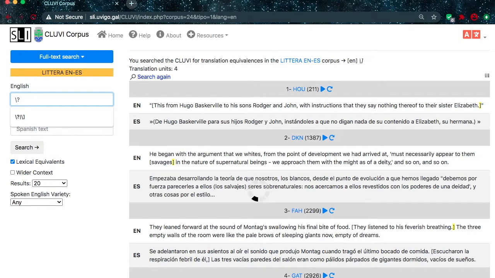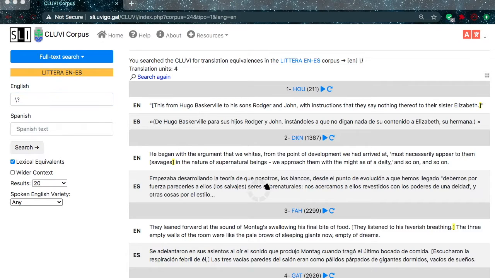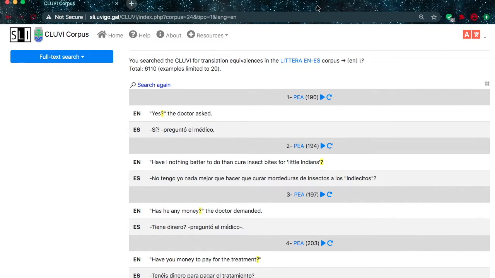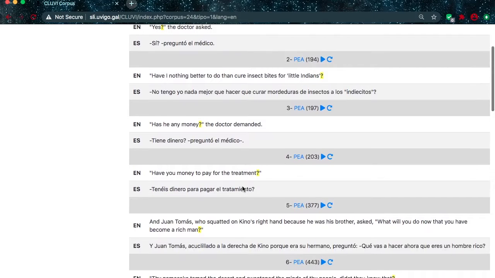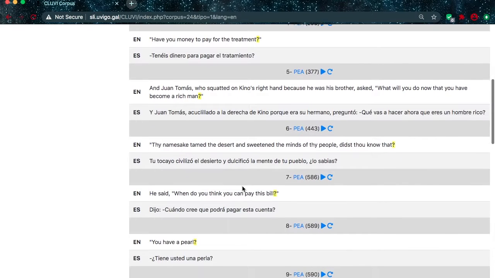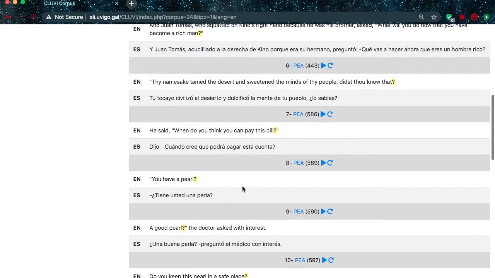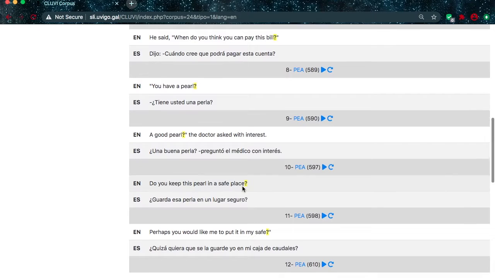When searching \?, remember that the number of translation units does not equate to the number of questions in the corpus, as there may be more than one question in a translation unit. Finally, notice how with certain letters this does the opposite, such as \B to mark a boundary. With \B, we are taking a letter and applying it as a regular expression.